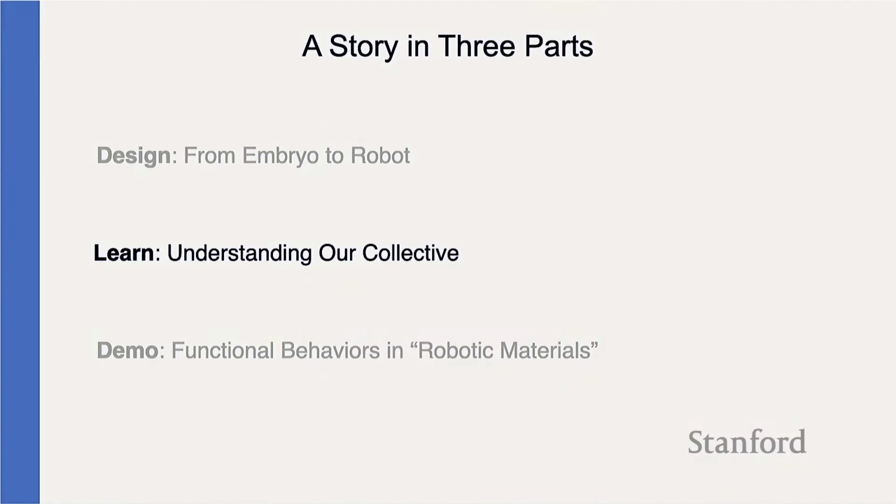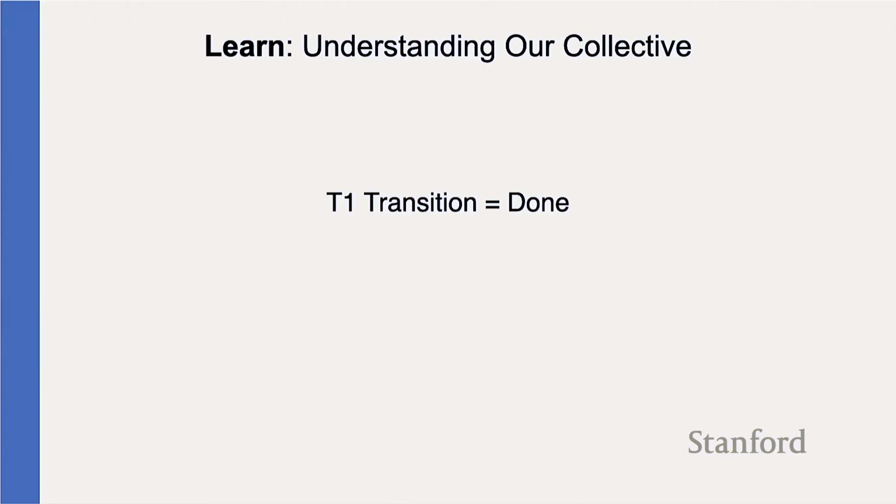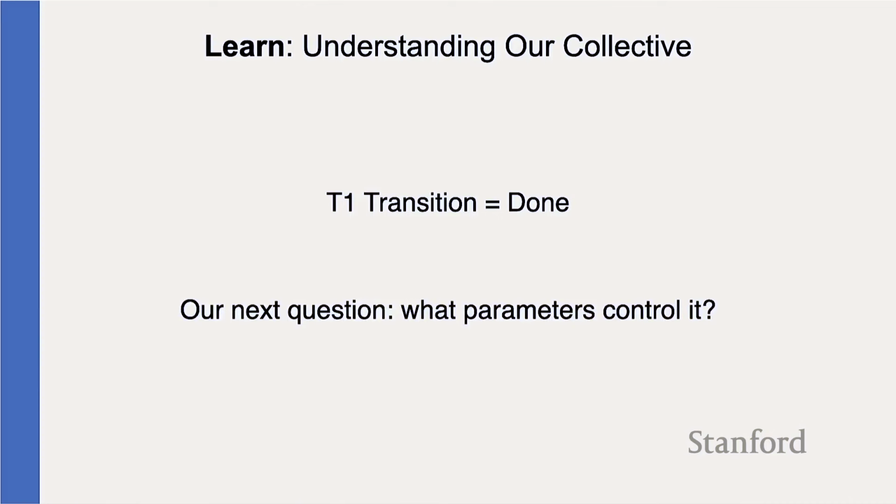Cool. So that's the design of the robots. So that's what they look like. That's how we came to the design. And then the next question is, what controls those motions, right? So when we want to have these transitions, how do we control it, and what are the parameters that control it? So we did our T1 transition, and then we're looking at parameters, and we're going to start with shape